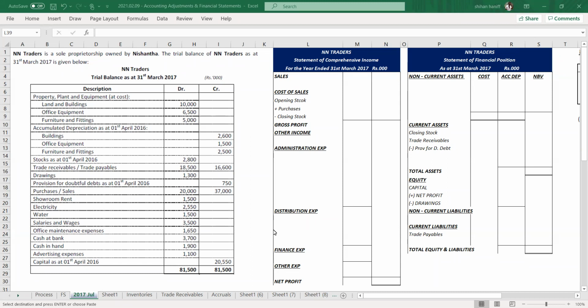Today we are going to discuss the preparation of financial statements and accounting adjustments, basic accounting adjustments. This is one of the key areas in your syllabus. Before I move on to the preparation of financial statements,